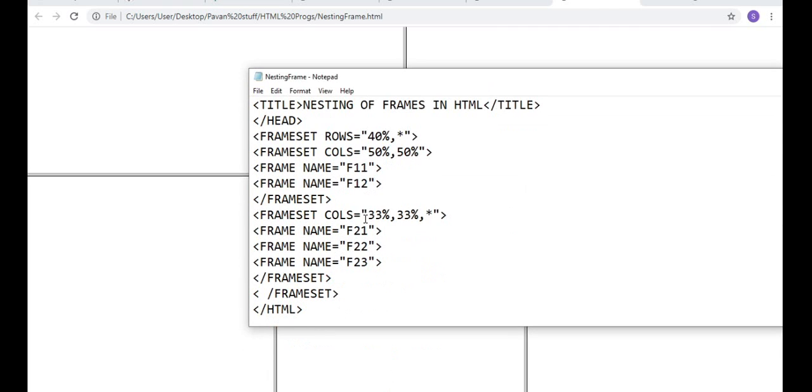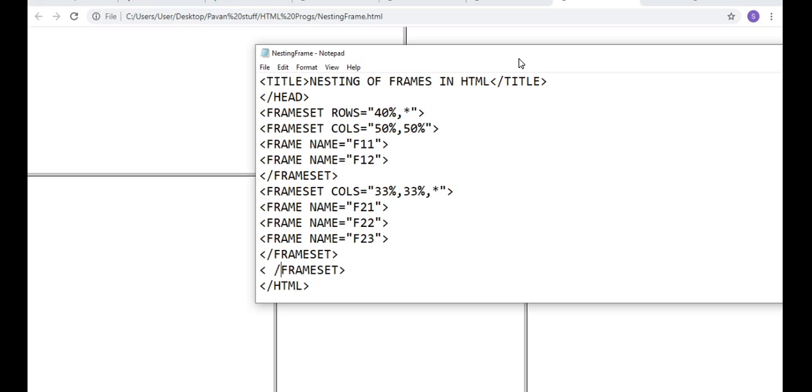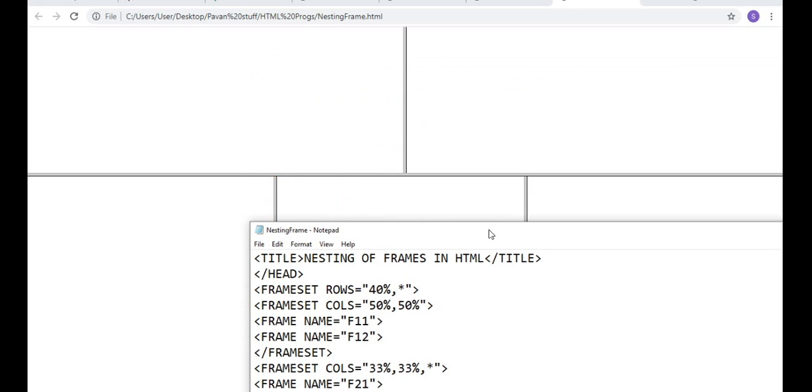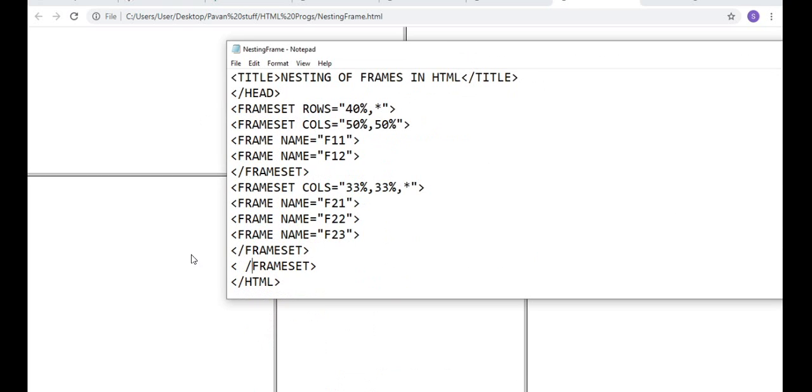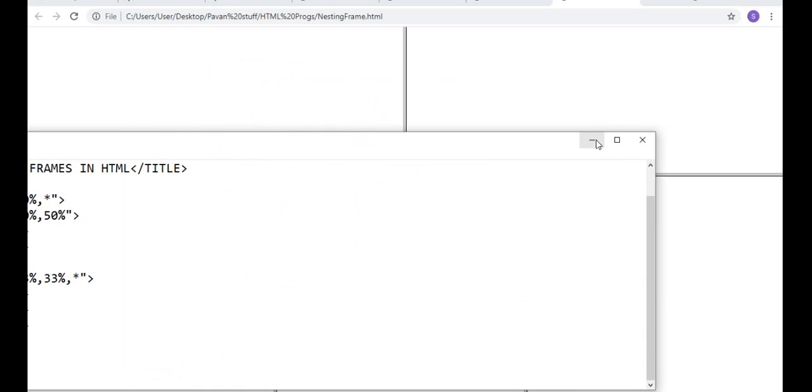Next frameset columns 33 and remaining up to its own. So first row first column, first row second column. Then second row first column, second row second column, second row third column. So 33 and remaining is 34.